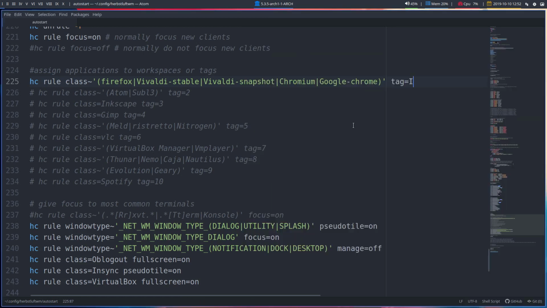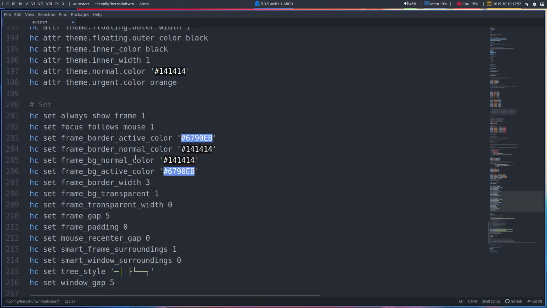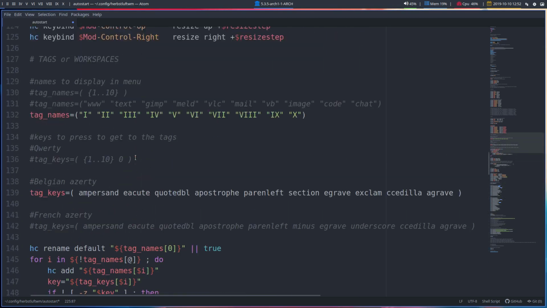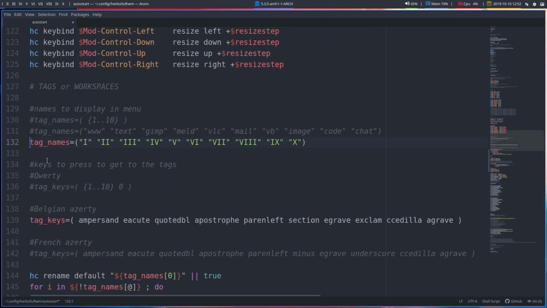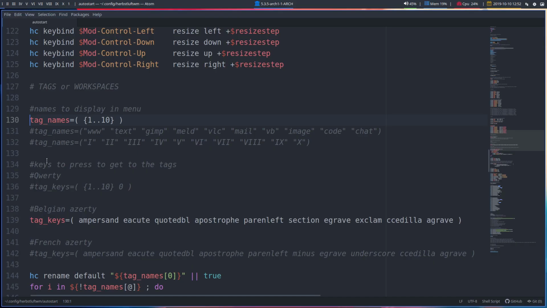But since everything is made in numbers, maybe it's the best way to say, okay, you know what, I'll set it back to 1, 2, 3, 4, 5, 6, etc. Let's go back and move to this guy, save. And now don't do Super Shift R, let's do Super Shift R, but don't do it. Why? Because you get this. So Super X, log out,